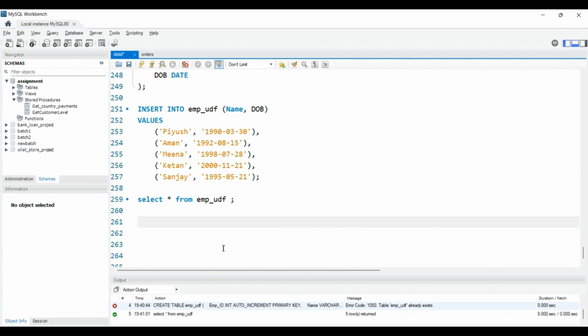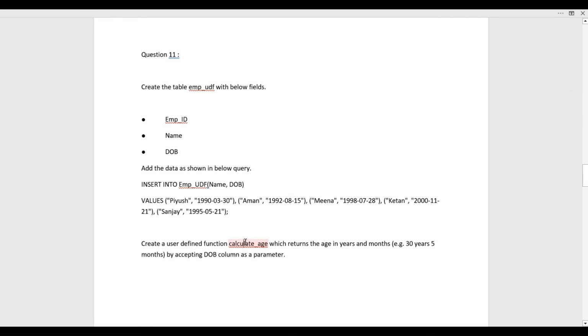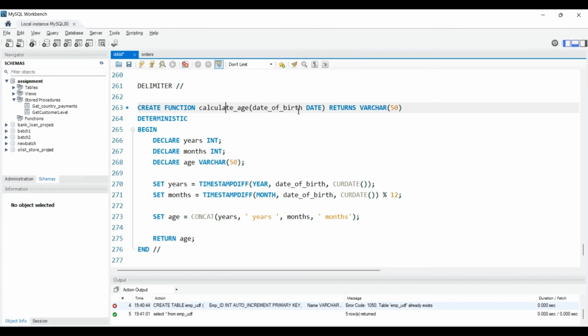Okay, let me create the function quickly and then I will explain to you. Okay, so as you can see here, I have created my function. I give a name as per the question requirement, calculated age, and now variables we declare as a year, month and age. Then we set the years as a timestamp diff function we use over here,